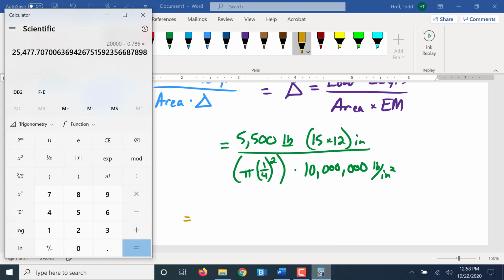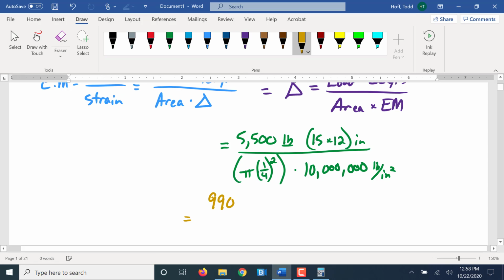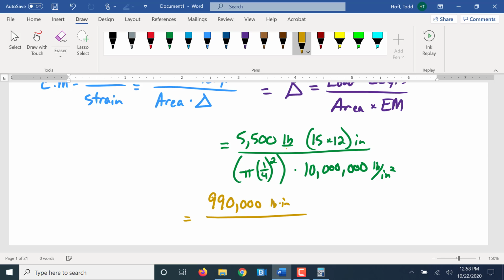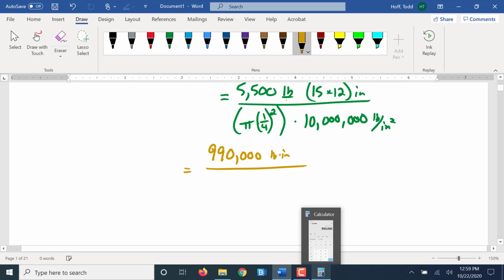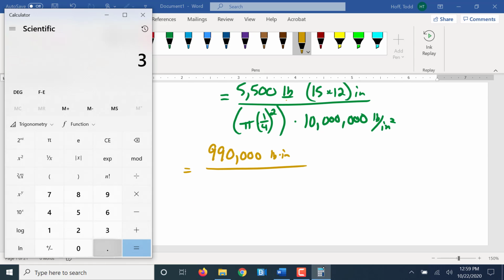So on top there, we're going to do 5,500 times 15 times 12, which is 990,000 on top. And that's pounds times inches, however you want to look at it. On bottom, we find that area, 3.14 times 1/4 inch squared. Then we multiply that times 10 million, giving us